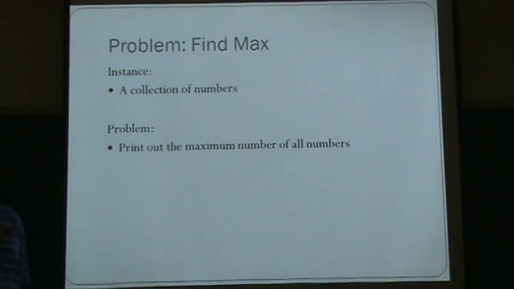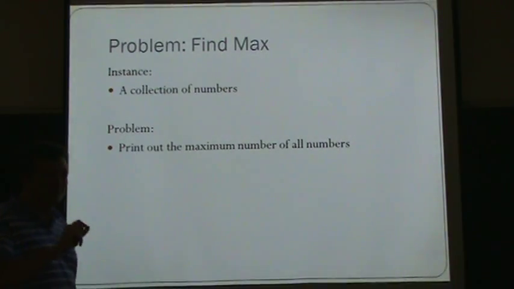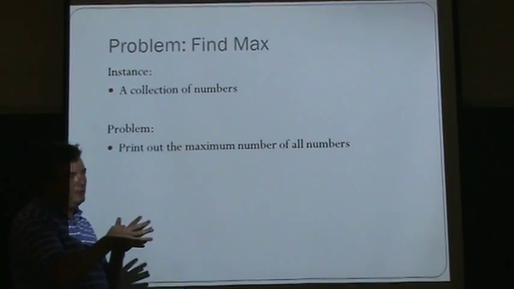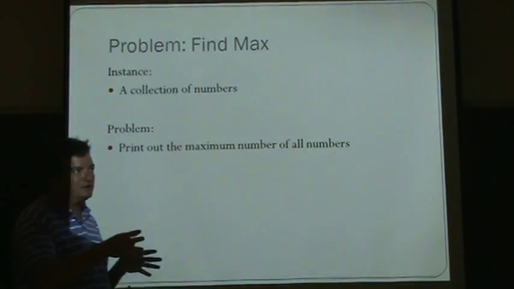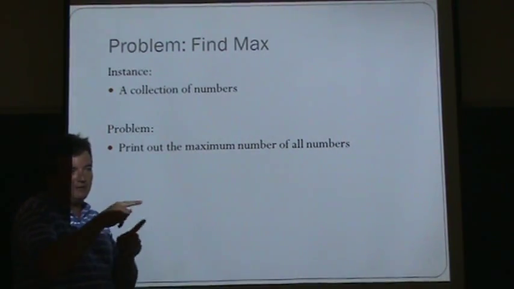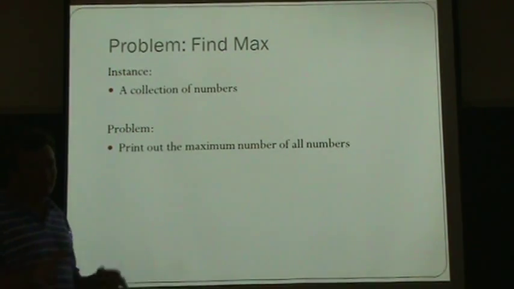Wait, if the first number is the highest, you're done? No, I'm still gonna have to do a comparison. Oh, I see what you mean. But you won't have to do any swapping. Exactly. So if you get lucky, and the unluckiest case, the worst case scenario would be if they were smallest to highest, you'd be swapping every time. Right. That's your worst case. And so on average, you'll probably be swapping half the time or something like that. Right, that's what I was thinking.